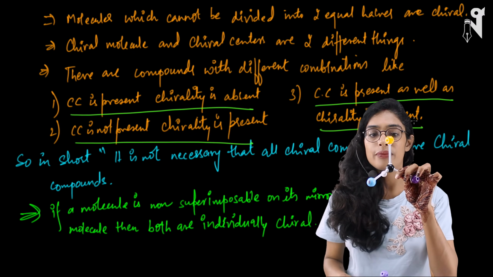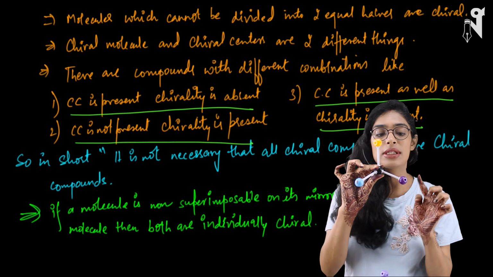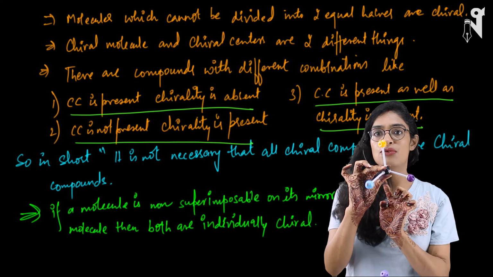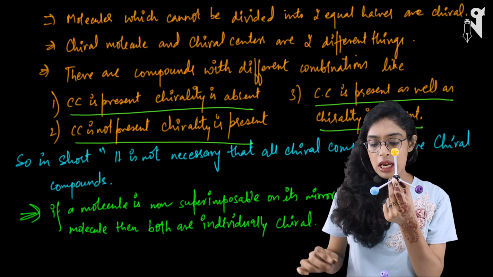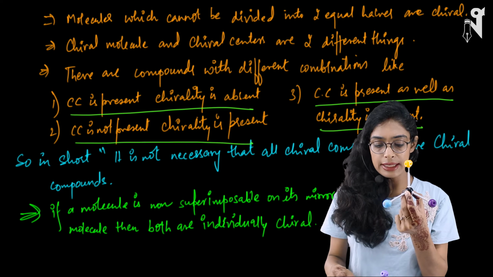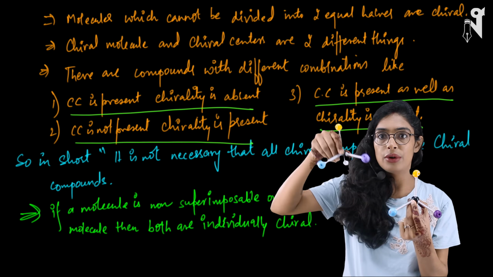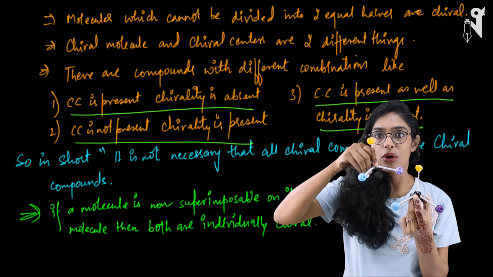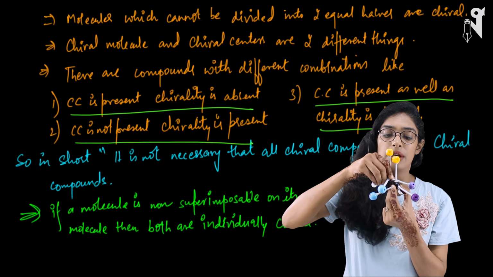Now let's take one example using a molecule. Assume I have this molecule. In this molecule, this is one group, this is another group, this is the third group, and this is the fourth group, and there is a carbon in the center. Now I have taken the exactly same molecule. This is the same molecule. Now if I try to